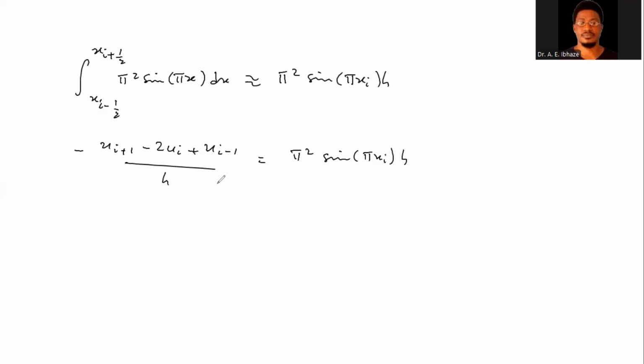And once we multiply through by h, we're going to get u sub I minus 1 minus 2u sub I plus u sub I plus 1. So once we rearrange, right, this negative, this term becomes